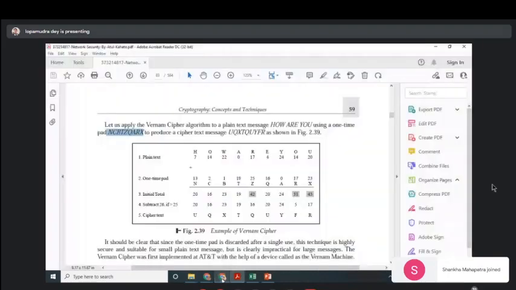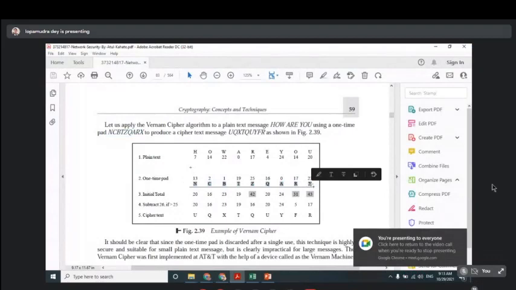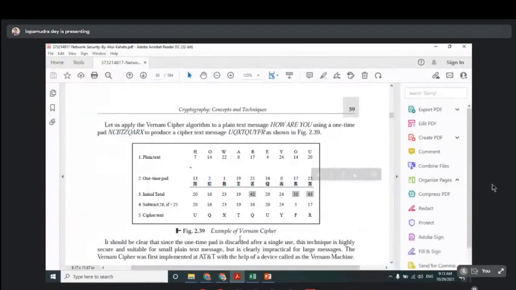Okay, so this is your random key. Again, these random key positions will be written in a particular way. The position of N is 30, the position of C is 2, the position of B is 1, the position of T is 19, the position of Z is 25. So in this, you have to write down the one-time pad. Then you just need to perform the simple addition operation.